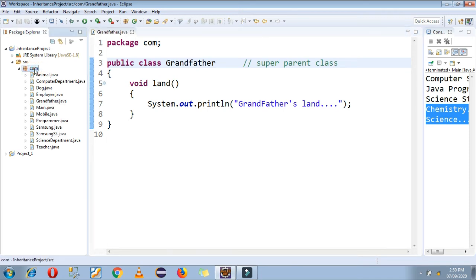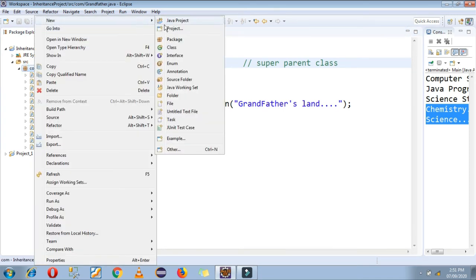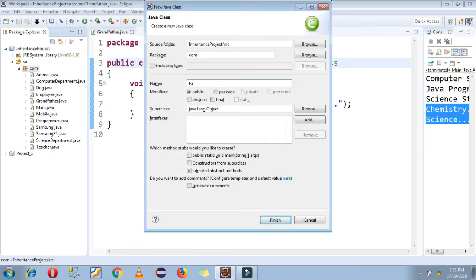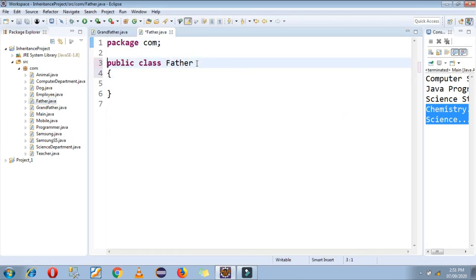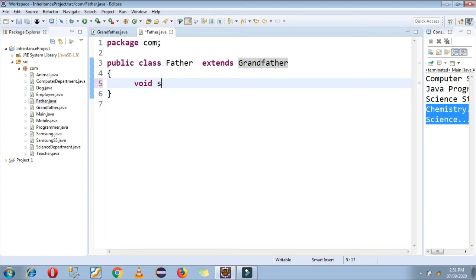Now I am going to create another class, that is a father class. So father class will extend our grandfather's property. Now in this father class I am extending grandfather's property, and in this father class I am just defining two functions.